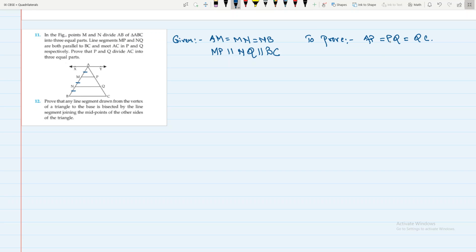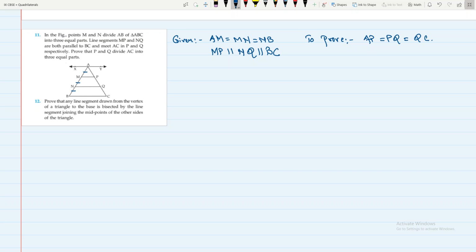Great. Any construction is required? Sir, we have to join MC. I don't think it is required. We can use intercept theorem. See, I will show you what is the construction. See, in the question, this is for all of you who are confused with what is the construction. All of you, just listen to me. In the question, have they mentioned